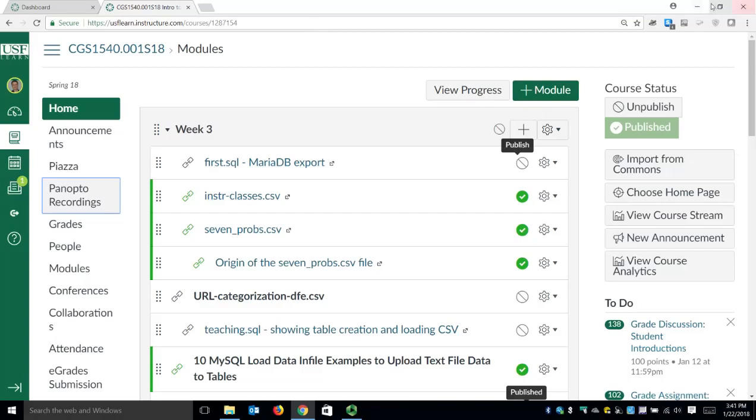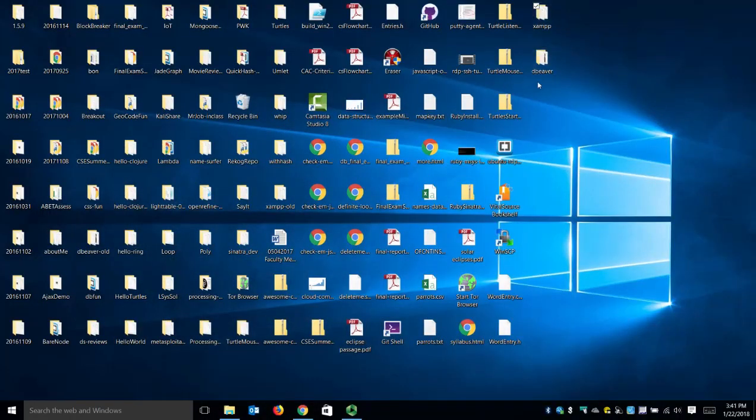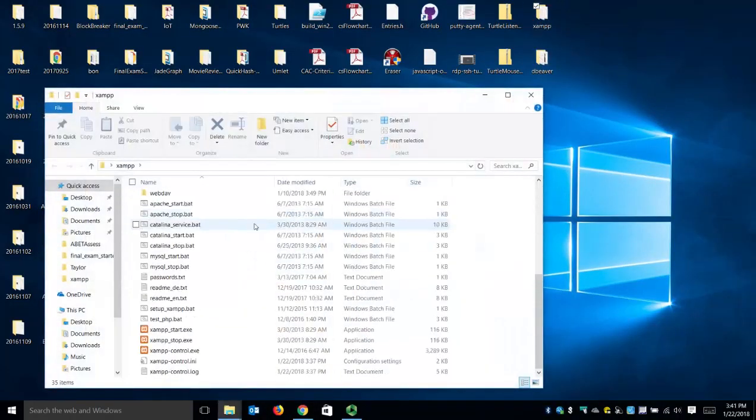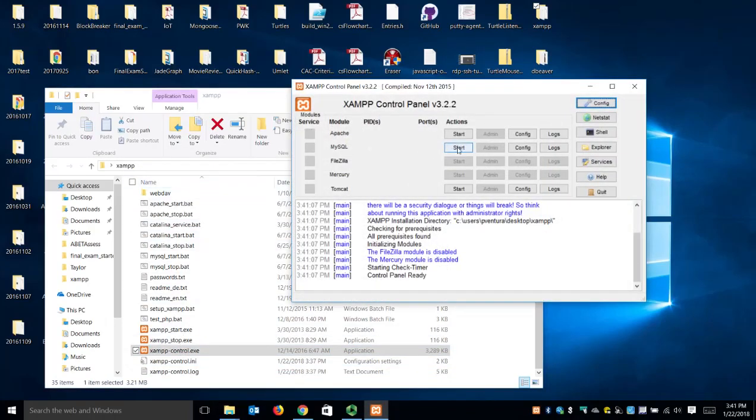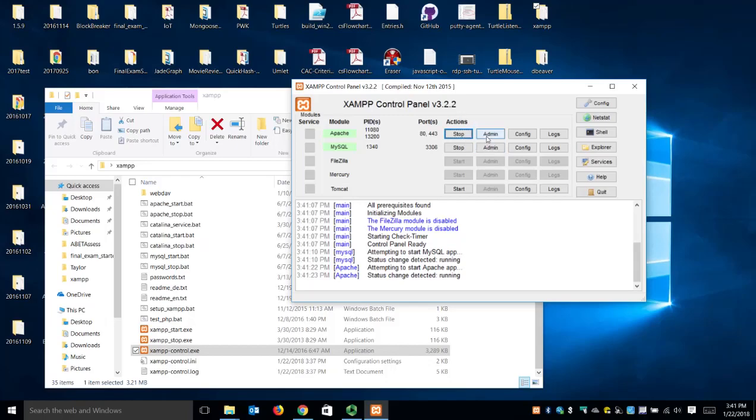So the first thing I'm going to do is start up our tool chain here. Let me go to XAMPP, run the control panel. So I'm going to start up, well, it labels it as MySQL, although in reality it's MariaDB. I'm also going to start up Apache because we are going to talk a little today about using phpMyAdmin. Okay, so both of those are green. Again, remember,